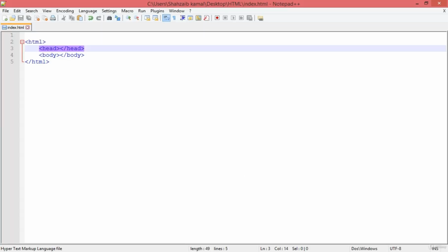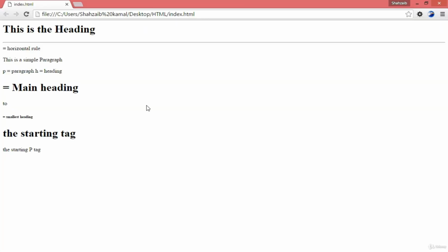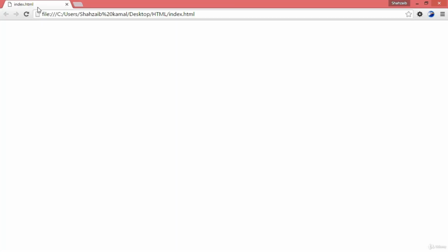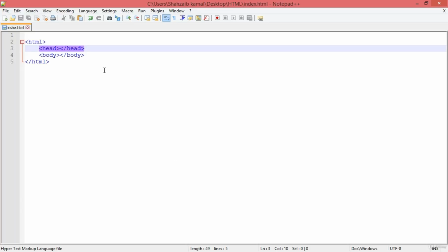So now I want to put the data. One thing more, I didn't refresh the page, that's why the previous text is still there. So let's refresh the page, and now everything has been removed. There I want to put the name of the file. This is the path of the file, not the name. I want to put the name, or you can say the title too. So the head tag has a starting and an ending tag, and I'm going inside this.